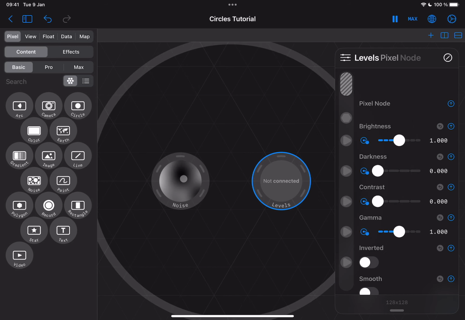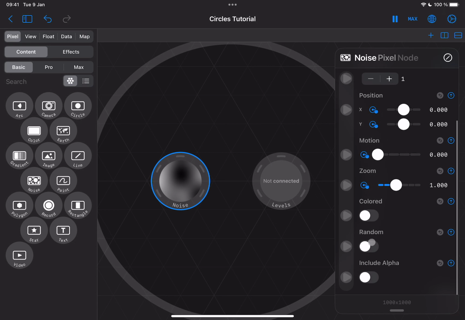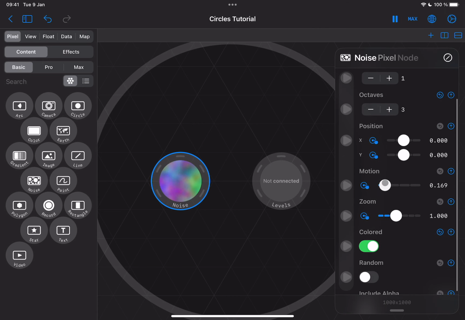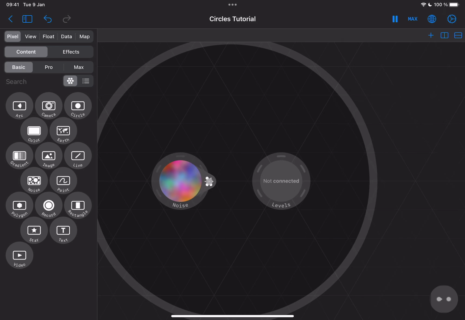Let's bring in a noise. Let's make it colored and maybe take up the octaves. I just want to shift it to get some nicer colors. So if we bring in the noise to the levels,